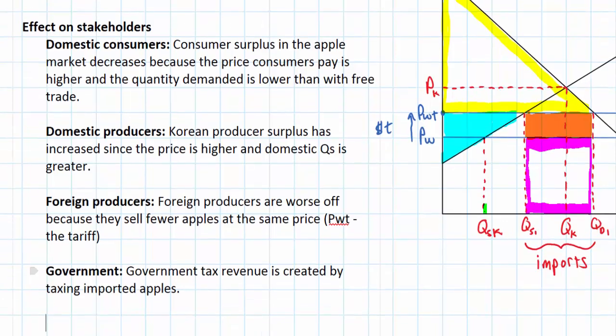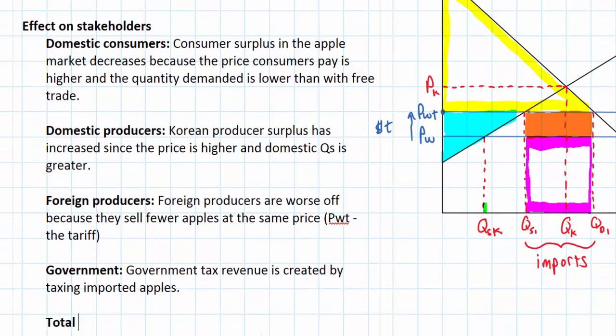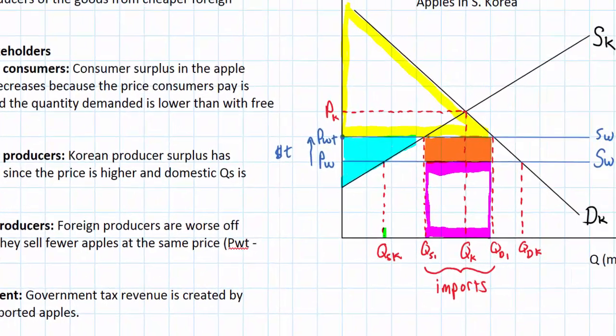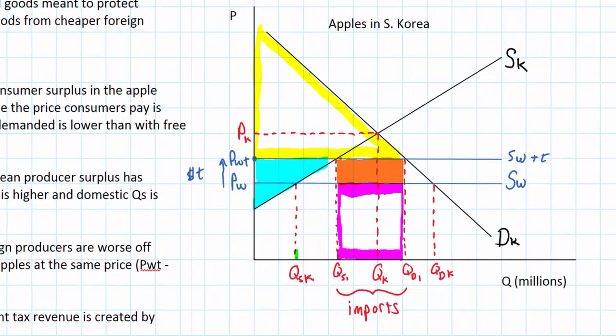That leaves us with one final consideration. How is total welfare affected in the apple market in South Korea? Total welfare is the sum of consumer surplus and producer surplus, and now that we've added the government to our analysis, we can add government surplus or government welfare into our analysis of total welfare. So what is lost in the amount of total welfare following the imposition of the tariff? Well, there are two triangles on our graph which represent the loss of welfare resulting for society as a whole